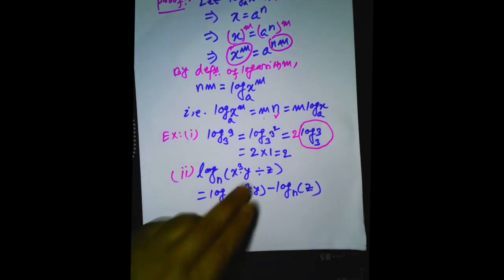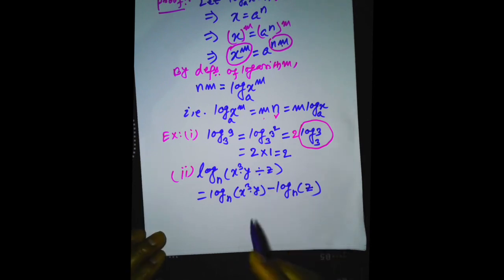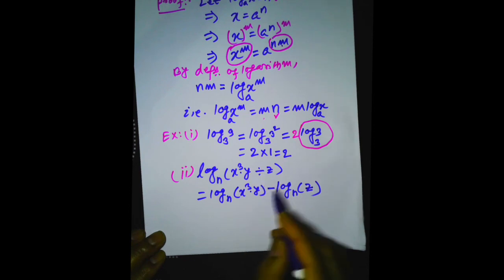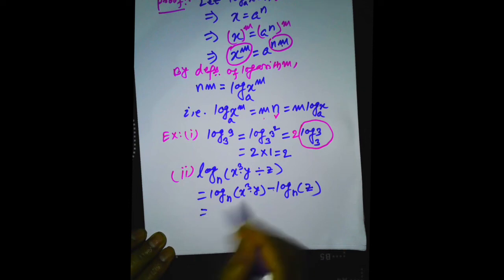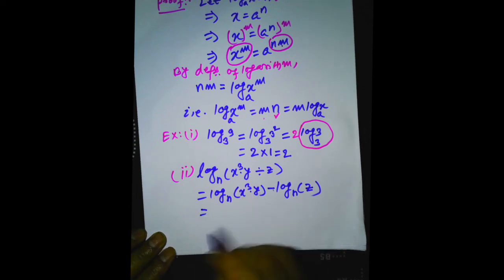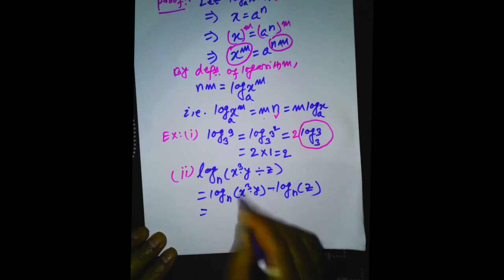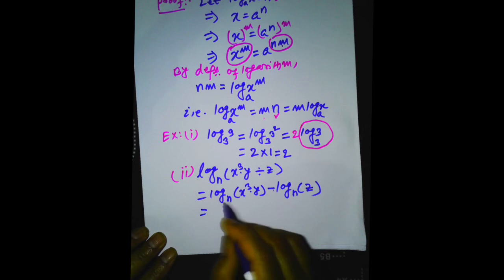Because of the division sign, as we have seen in the law of logarithm for division of numbers, we put a negative sign. Now inside, x cube and y are multiplied together, so you use the product rule. If you apply the product rule to this bracket for the logarithm to the base n, you will have